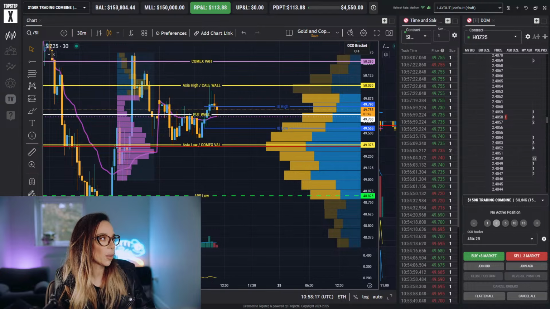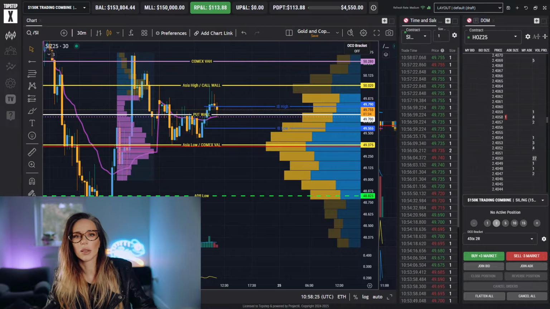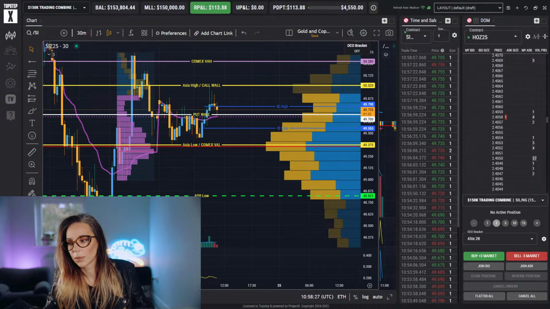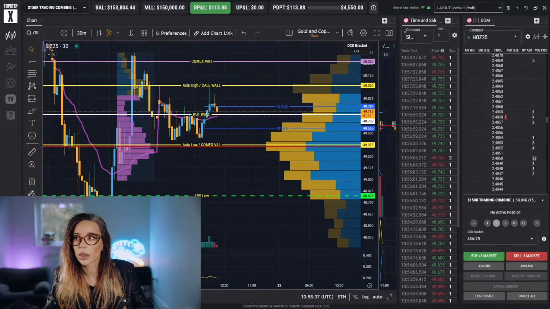Do you pay for the Global Plus? I do indeed. I've been using Bookmap for over 5 years now. So yeah, it took me a while to get the grip with it, for sure. I think the first year or so, I was like, oh God, this is like time and sales. But then I discovered that they had indicators. And then at first they weren't that great, but then they improved it over time. So yeah.